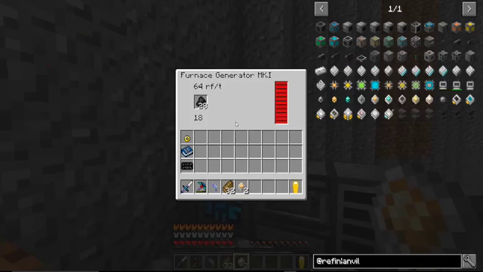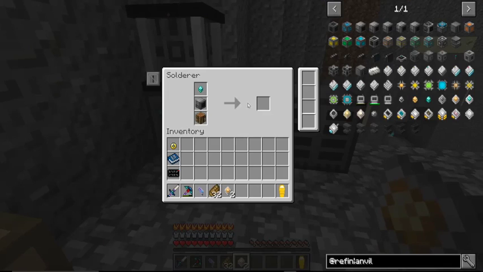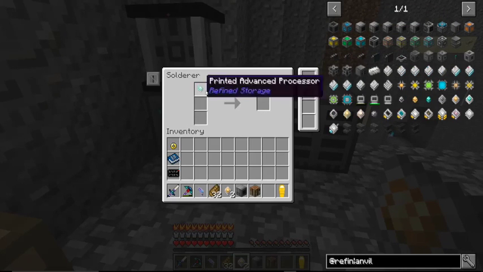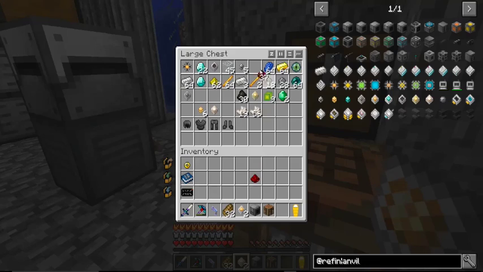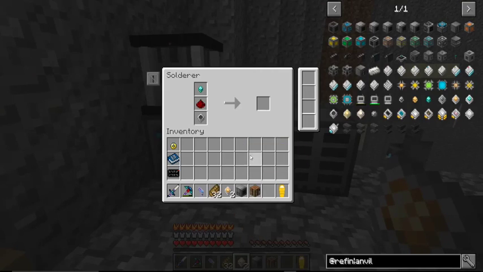And you're out of power, aren't you? Nope. Nope. Advanced processor. Oops. Okay, so for an advanced processor we need redstone and printed silicon. So let's grab another bit of redstone, our last printed silicon, pop those in there, and off we go. Okay, now we've... Oh, Adobe is ready. Sorry about that. So,